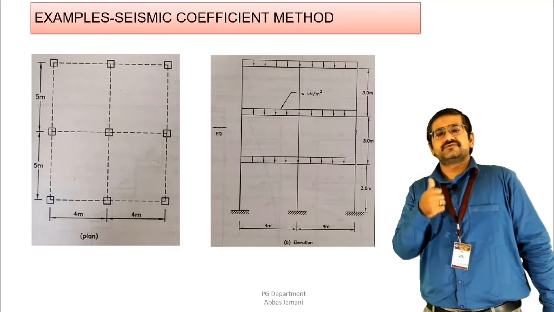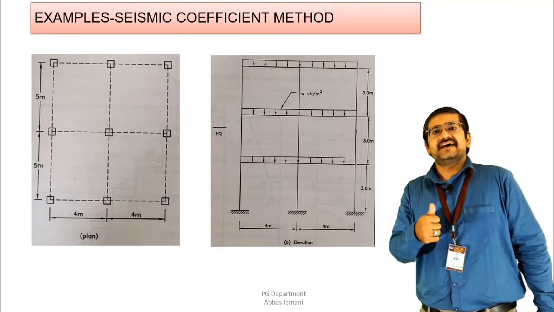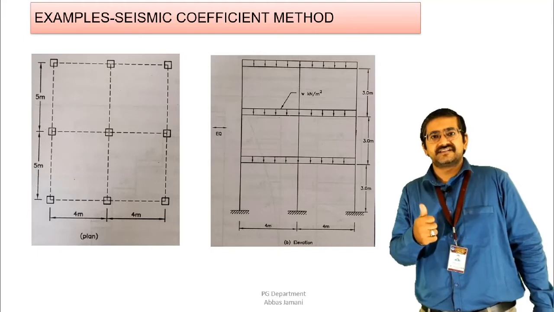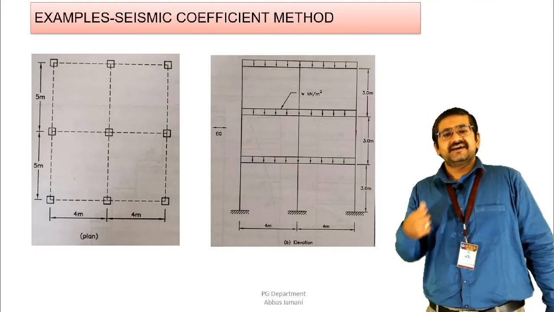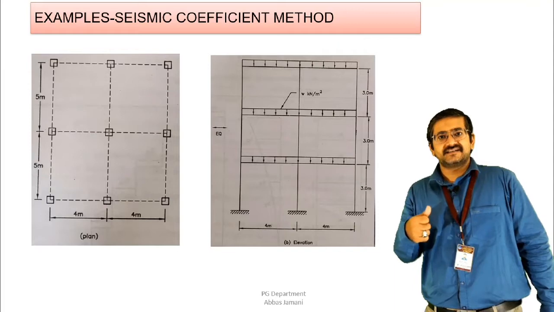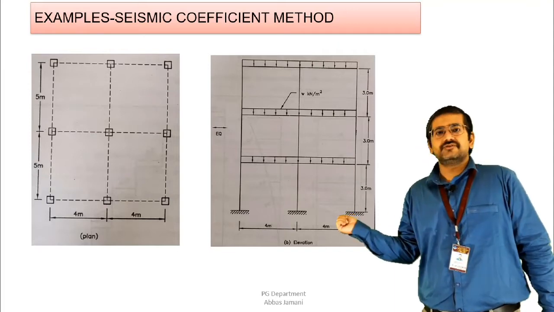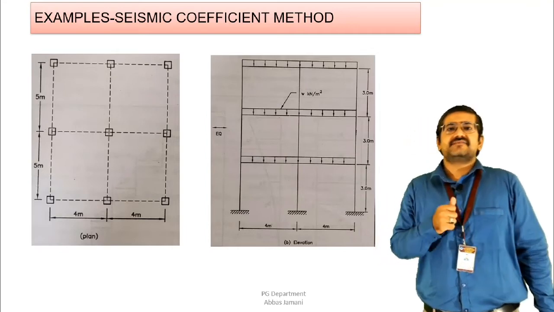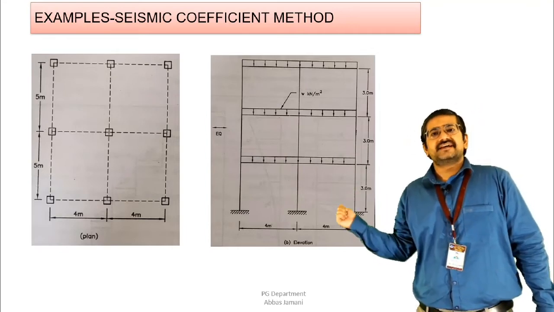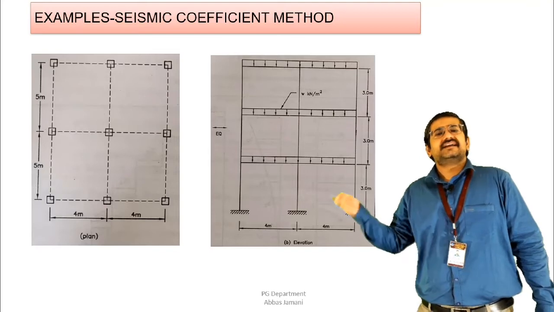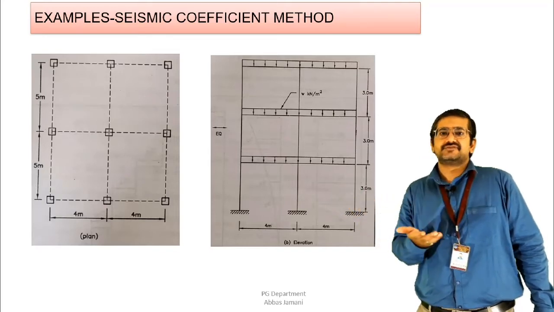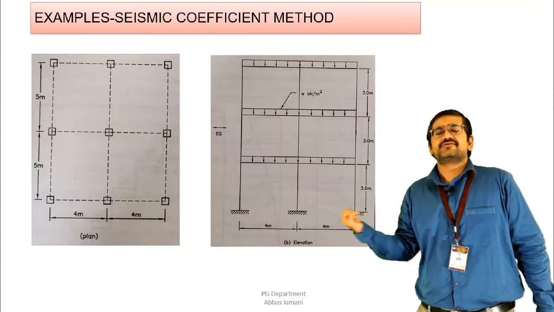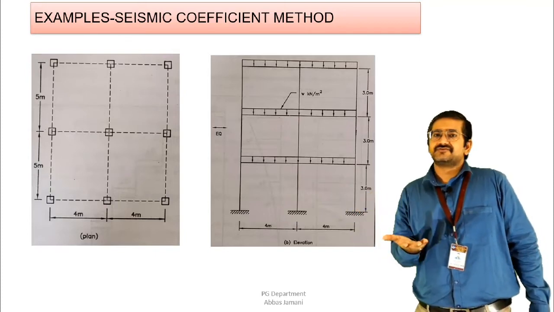Now these two direction calculations have to be done when the dimensions of the building in both the directions are different, that is if the building is of rectangular geometry or any other geometry where the dimension in the x direction and the z direction are differing, then in that case you need to do the calculation in both the directions. However, if the geometry or the configuration of the building is such that in both the directions the plan dimension is same, then in both the directions the earthquake force is going to be the same. And when the earthquake force is the same, if you do the calculation in any one direction, then it is going to be okay.